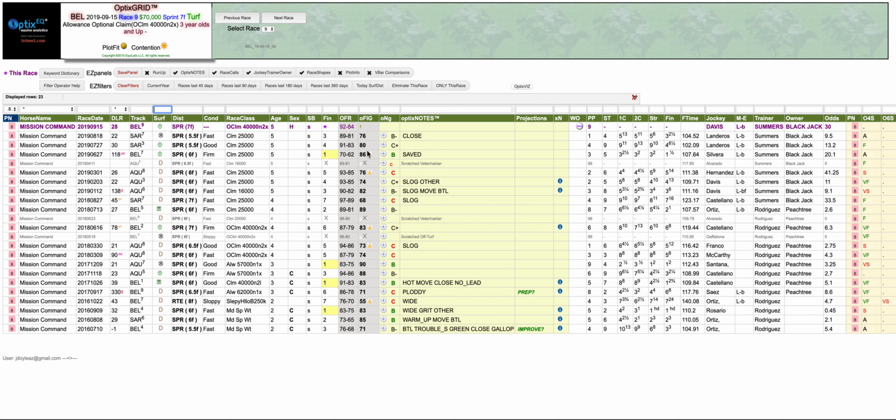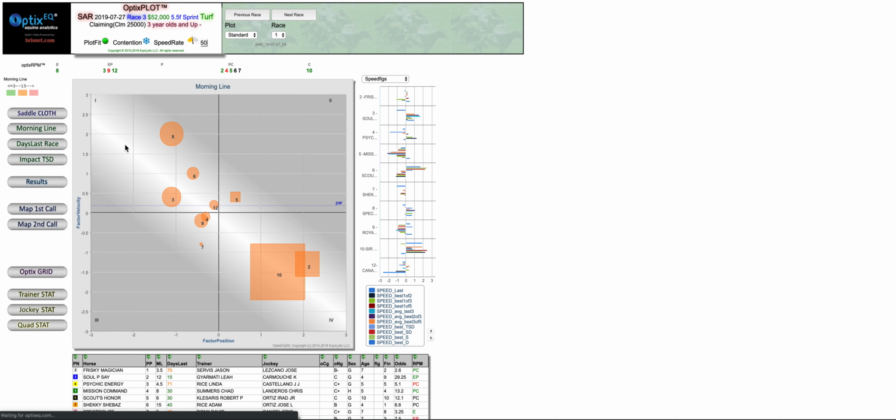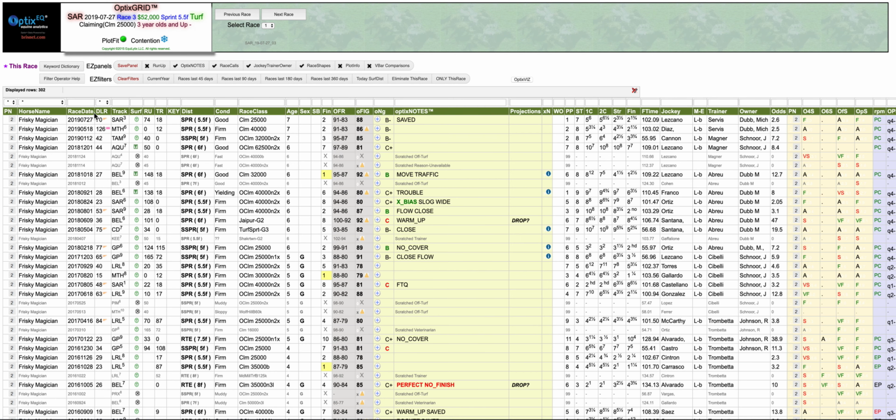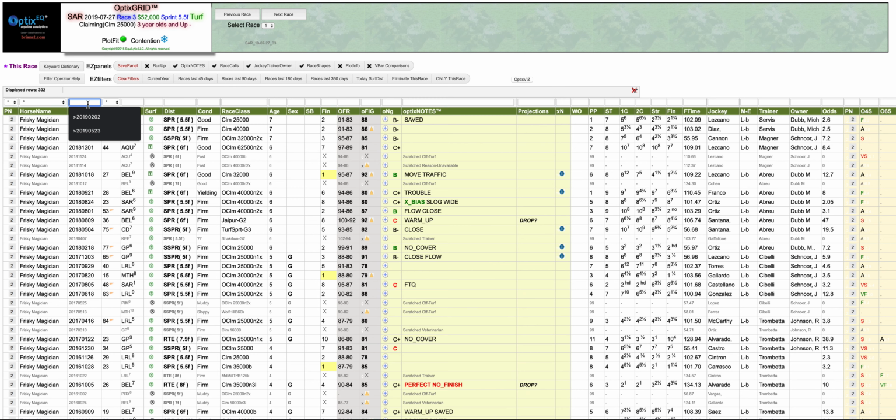The one thing I really noticed about him was the turf race 2 back. So he's kind of like 4th off a layoff now, and I just noticed that race at Saratoga. I'm just going to drill down on that race a little bit. I'm going to open it up. This was the plot for the race, and I just want to take a look because I found something interesting about the level of competition. So I just want to look at horses that came out of that race and what they did next. So I do a filter of greater than